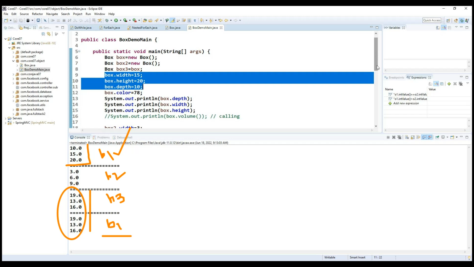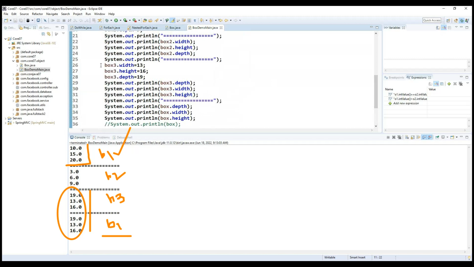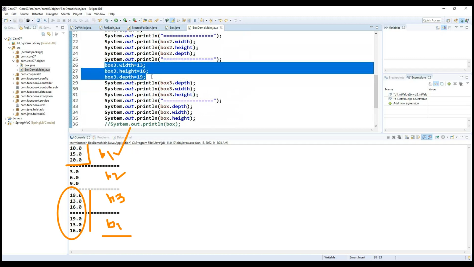So when we modify with box 3, it is also affecting the box 1 object. This is what I want to explain. Why is it affecting? Because